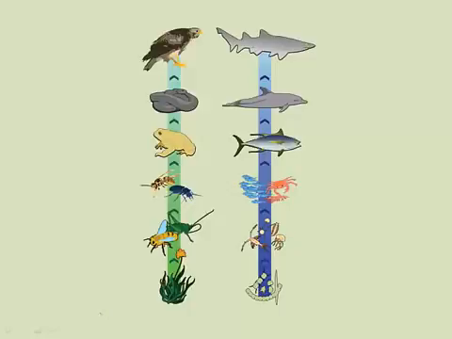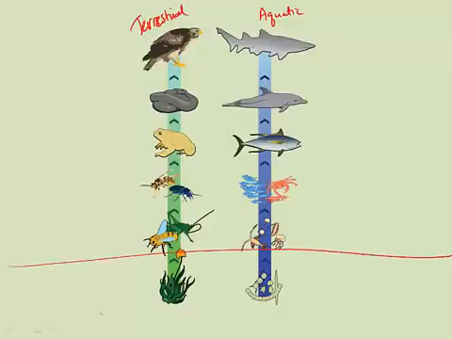Okay, so we want to talk about food chains and food webs. Food chains show the flow of energy from plant to animal and from animal to animal. Each step of the food chain is considered a trophic level. The first trophic level, whether you're looking at an aquatic or marine food chain or a terrestrial or land food chain, the first level is always the producers. Okay, so this is the first trophic level,